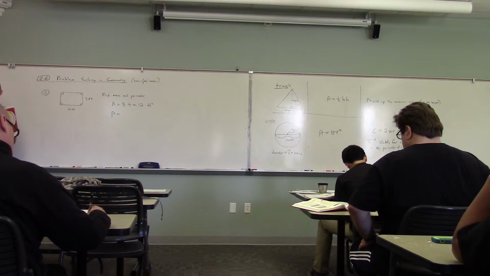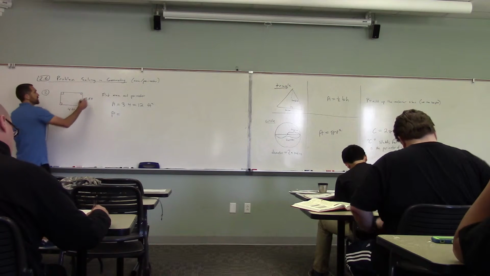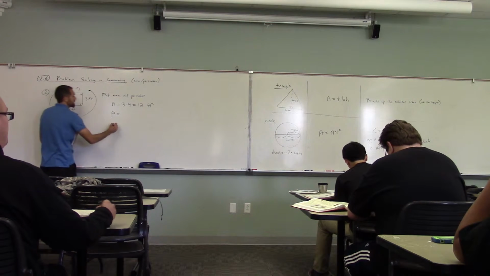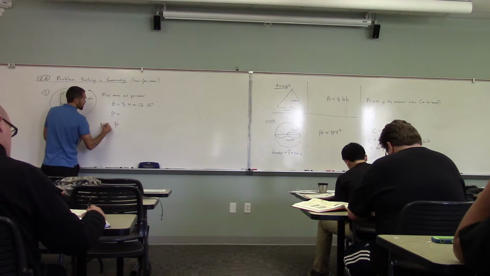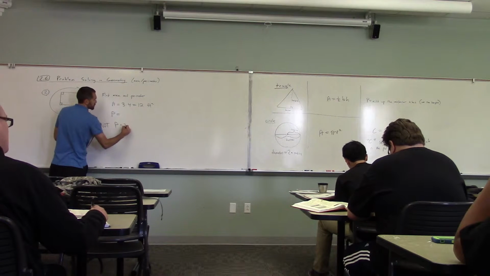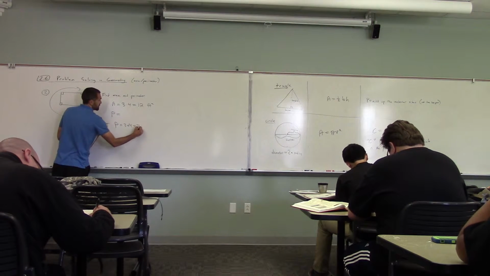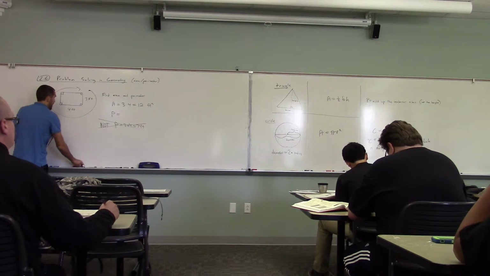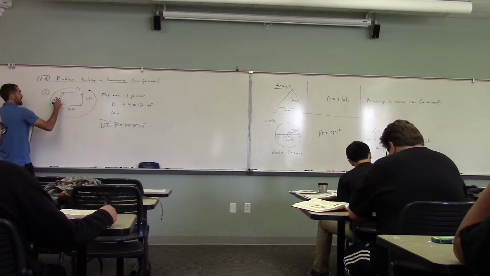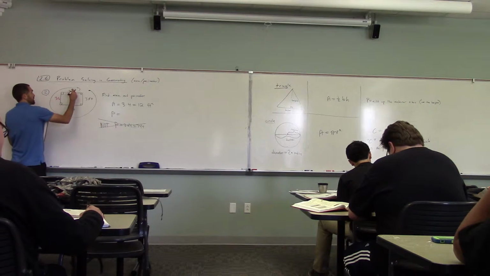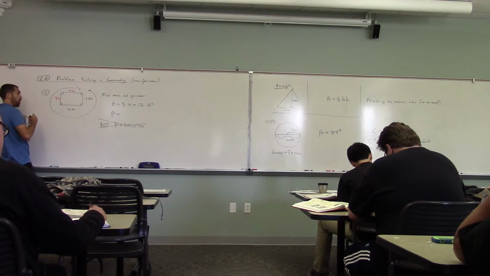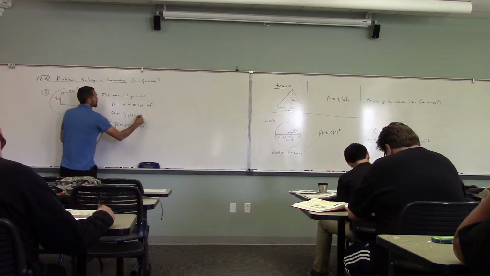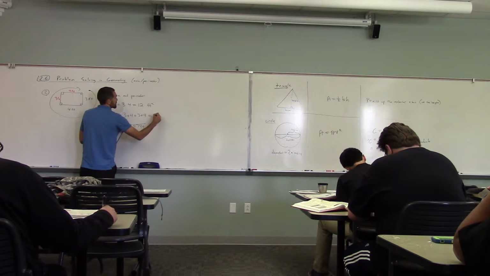3 plus 4 plus 3 plus 4. Exactly. Remembering that you have to go all the way around. So a common mistake is P equals 3 plus 4 is 7 feet. That's the common mistake. You need to add in this side is 3 feet and this side is 4 feet. So as you go all the way around the shape, it's 3 plus 4 plus 3 plus 4 is